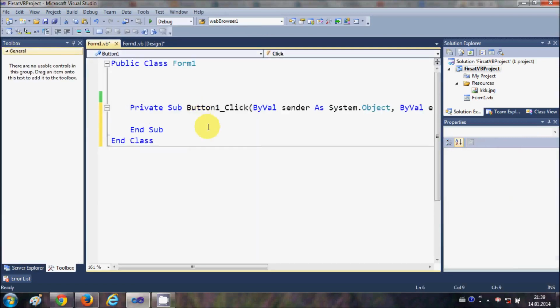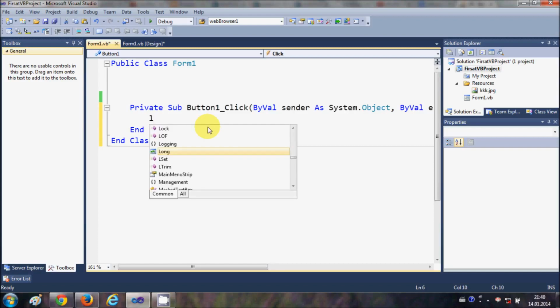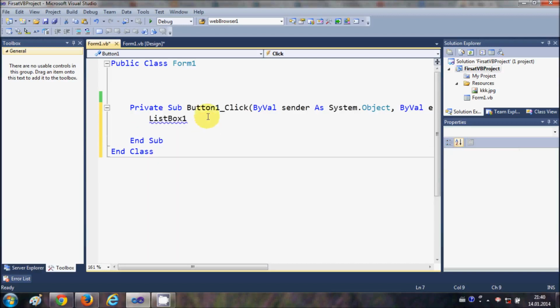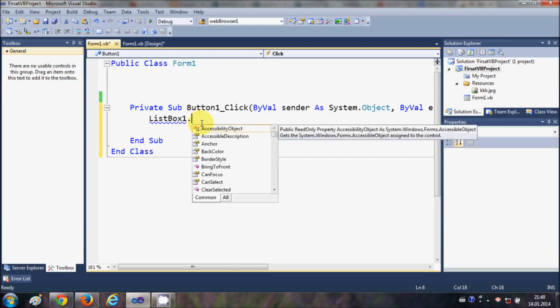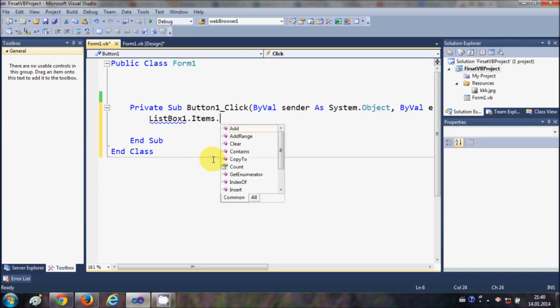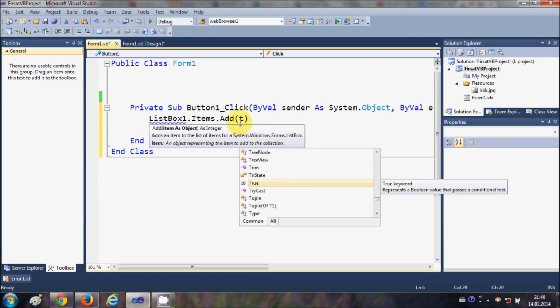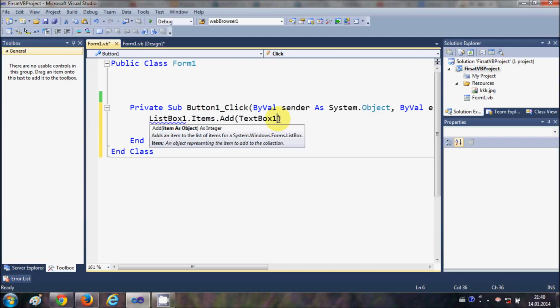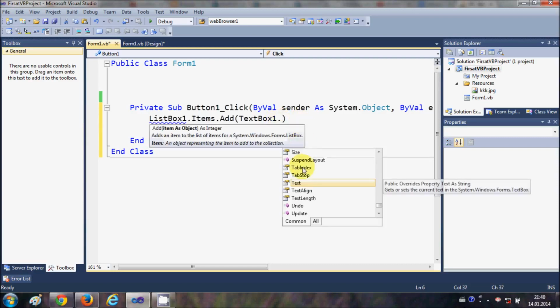So let's double click this and I will write ListBox1, which is the name of my list box, and then dot, and I will say Items dot Add, and what I need to add, the text in the text box, right? So this is the name of my text box, which is TextBox1 dot Text,